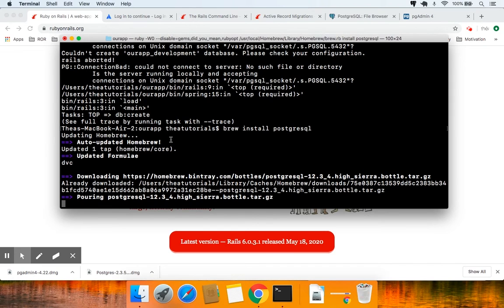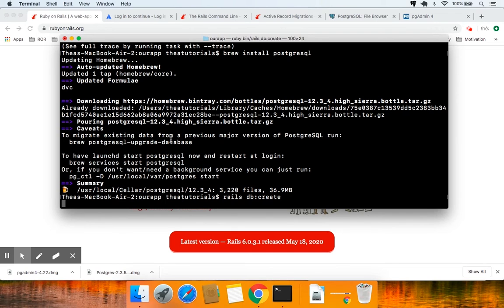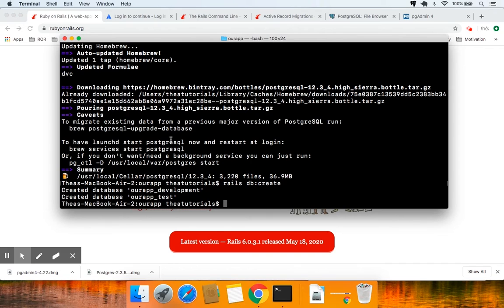And as you can see here, I have the macOS Postgres 12.3. Okay, that's the same one we downloaded. Now if I run the same command, I'm going to hit the up arrow key, rails db:create. Okay, there you go. Did you see what happened? The minute we ran rails db:create, we created a database, our app underscore development and our app underscore test. And our app underscore production is there, but it's not created because we're running now